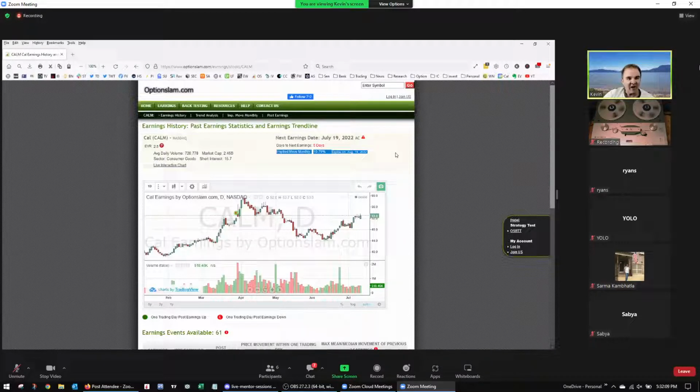It tells us the implied move on the monthly contract. This one only has a monthly contract. So it's telling us that the implied move on that monthly contract is 10.79%. That's the contract that expires in August, so between now and August they expect it to move 10.79%.